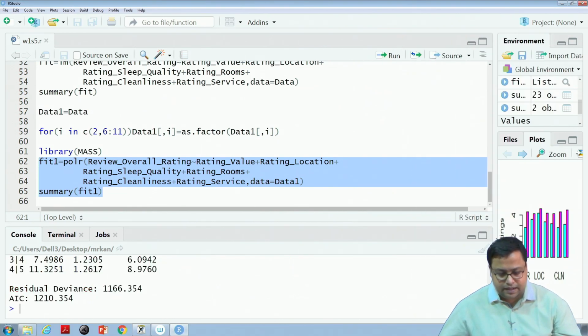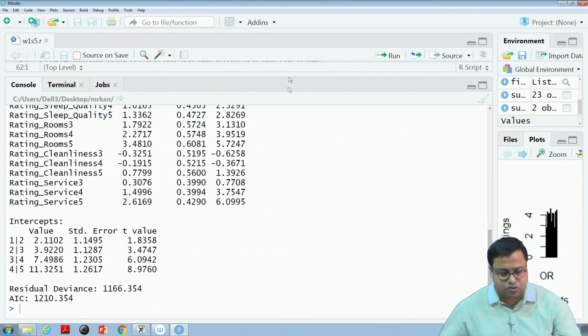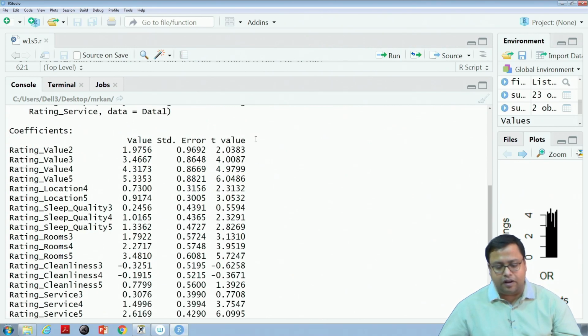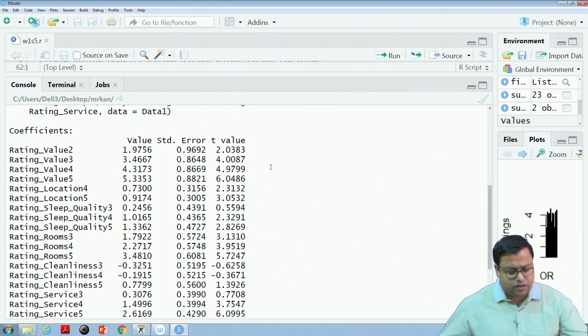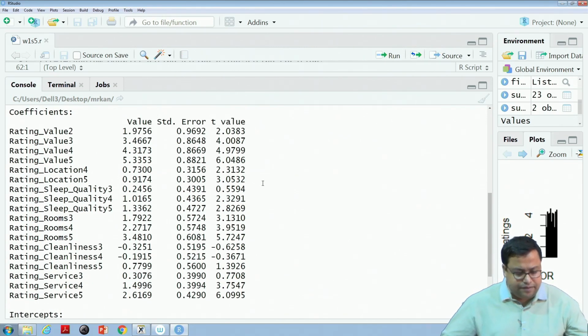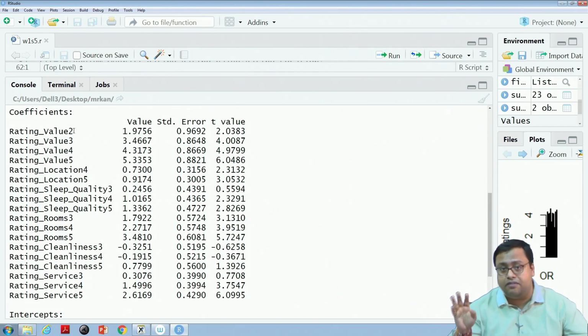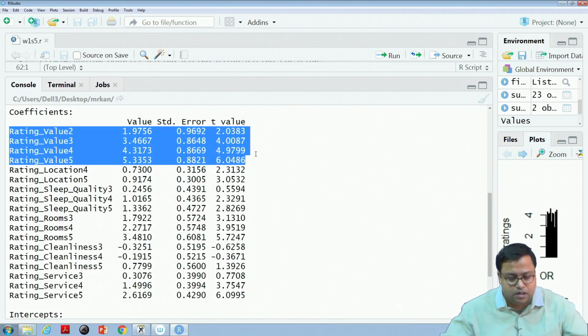I get certain results, and I want to show you the result. So, here the p values are not coming, but it does not matter. If the t value is higher than 2, I can say that it is significant. So, the first thing is, see, the rating value 1 got dropped. This is a categorical variable, it is a dummy variable. So, one of the dummy variables will get dropped and the others will remain. So, here the rating value 1 got dropped and the other 4 are there,